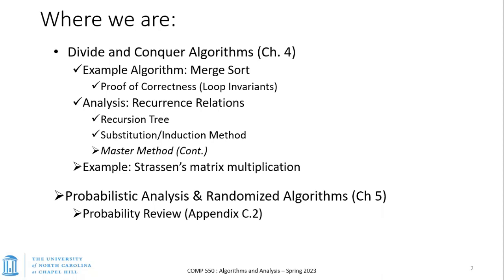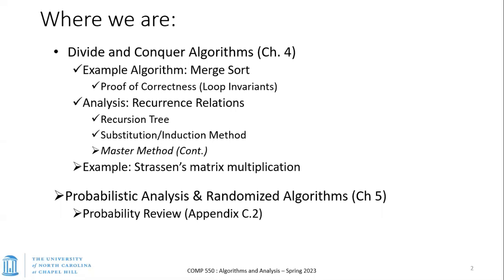a divide and conquer algorithm, which was merge sort. And then we looked at how one could prove that the algorithm actually works, and we used the loop invariants for showing the proof of correctness. And then when we tried to analyze it, we came across a recurrence relation, right? And we said, well, there are several ways to solve recurrence relations. We looked at the recursion tree method, which was sort of the most intuitive, I suppose, most graphical way. And then we looked at the substitution method, quite a mathematical way. And then finally, we looked at the master method, which we started off in the last lecture, and that's where we'll